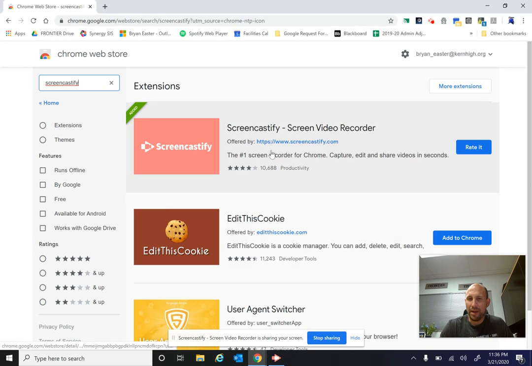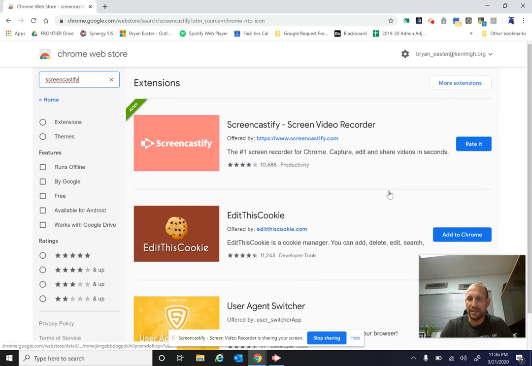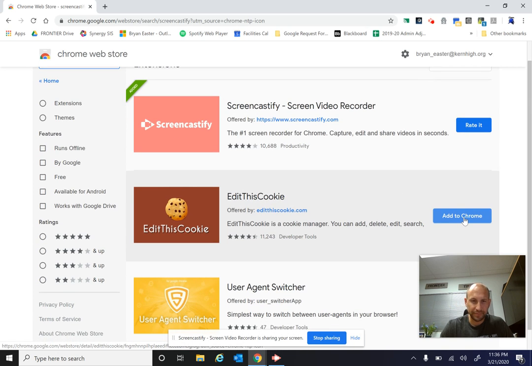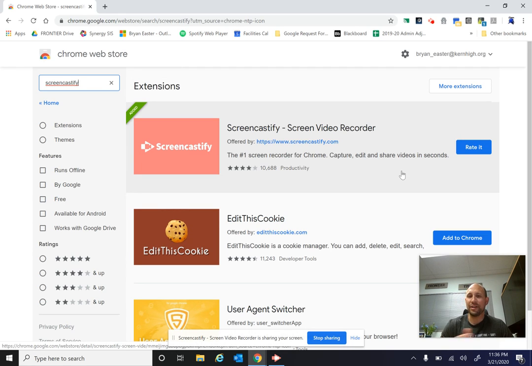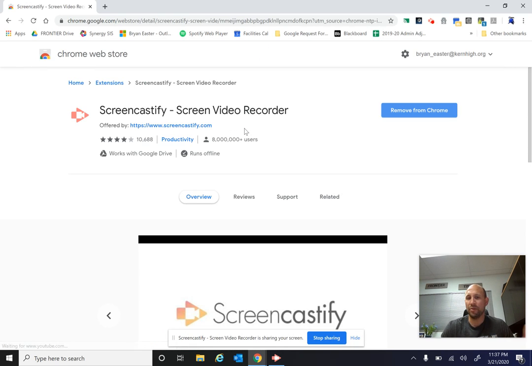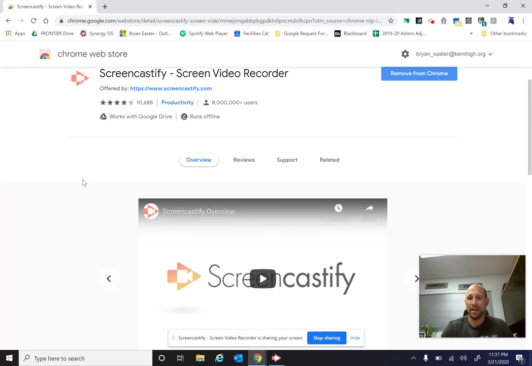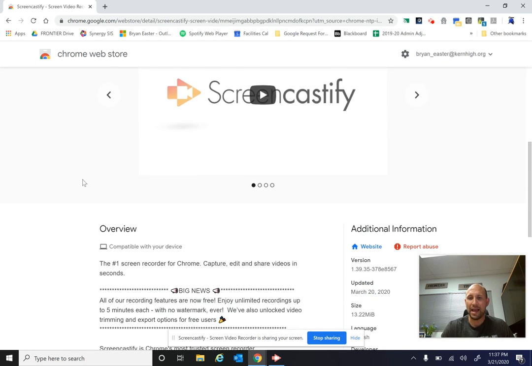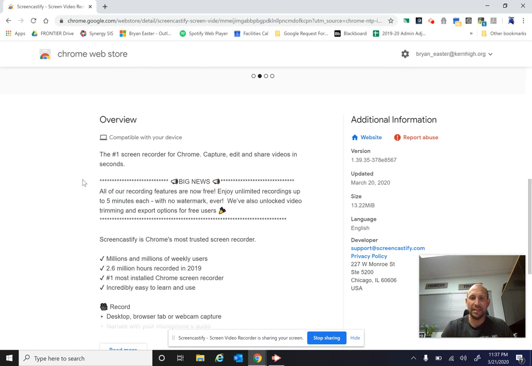Now, when it pops up, you're going to have a button that says Add to Chrome. I don't have this because at this point I have Screencastify, and if I were to delete it, you wouldn't be seeing me right now on the screen. So when you click Add to Chrome, it'll add it to Chrome. It'll walk you through it. As you can see, it's a very highly used app,